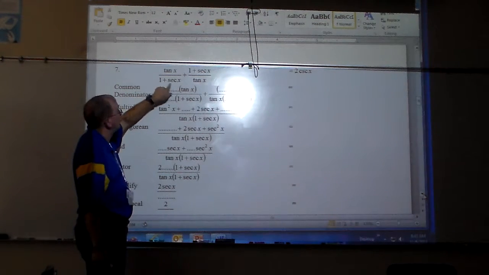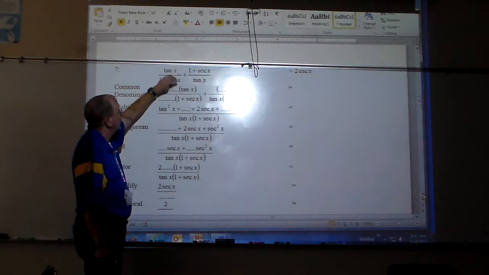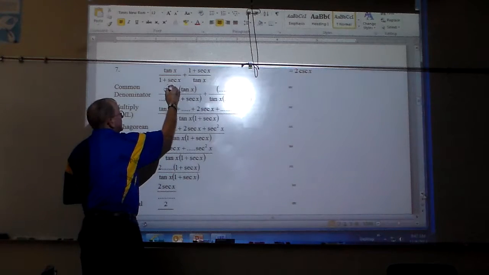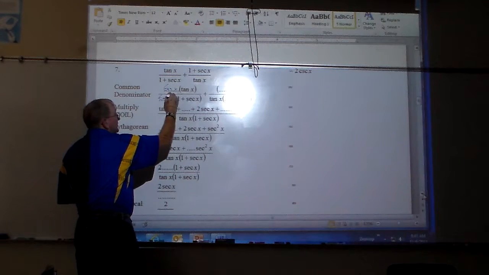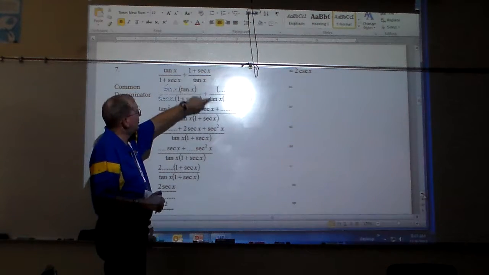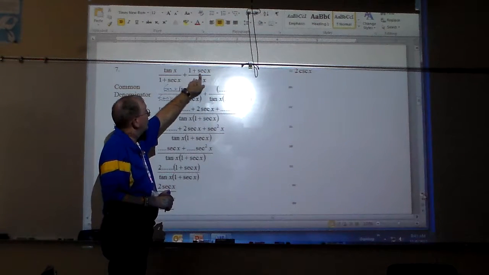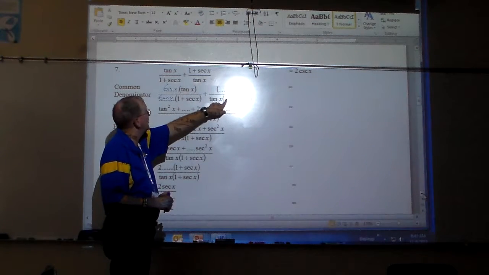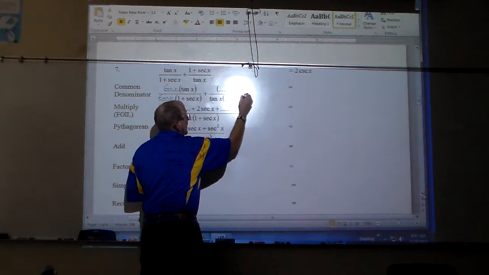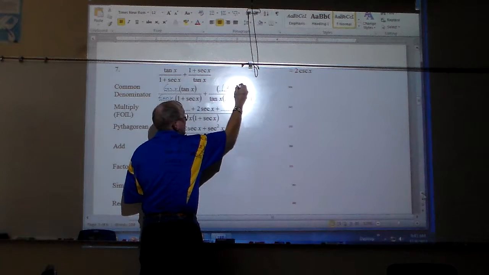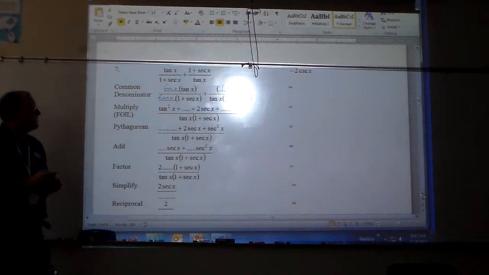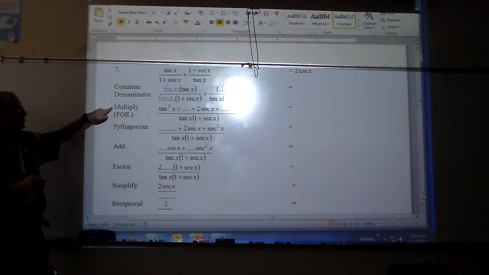Notice, this is tangent and 1 plus secant. That's the same. So what do I have to multiply these by? So I'm just going to write down tangent x, right? And then I come over here. Now, this part's the same. But first off, what's up here and what I got to multiply this one by? Well, the 1 plus secant x, and that's what's up here, but it's actually going to be not once, but twice. That's why it's squared. And then this next part, it just tells you, you're actually going to multiply them out,